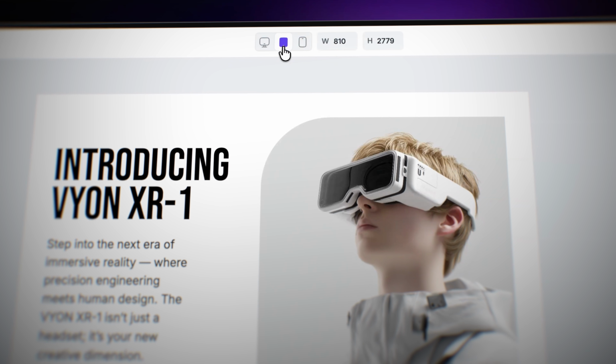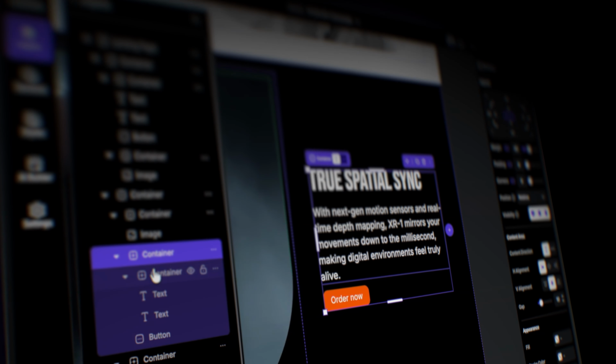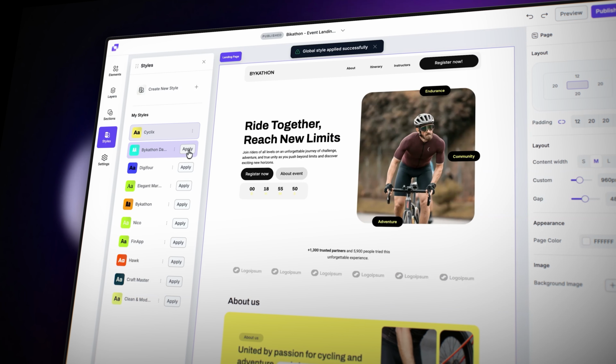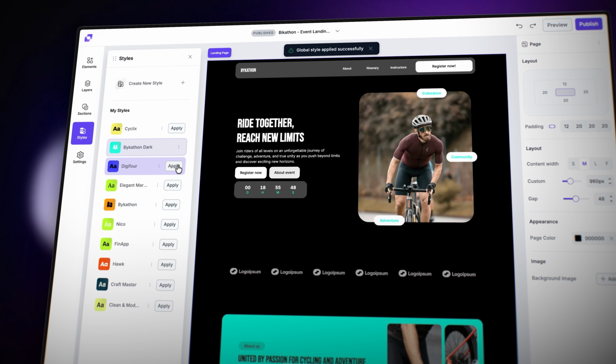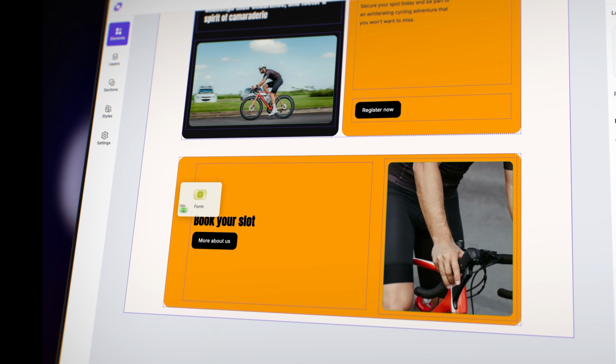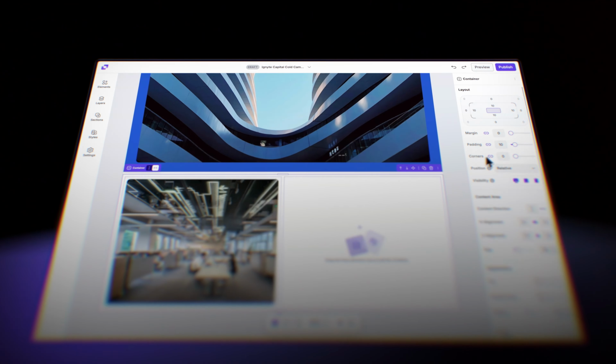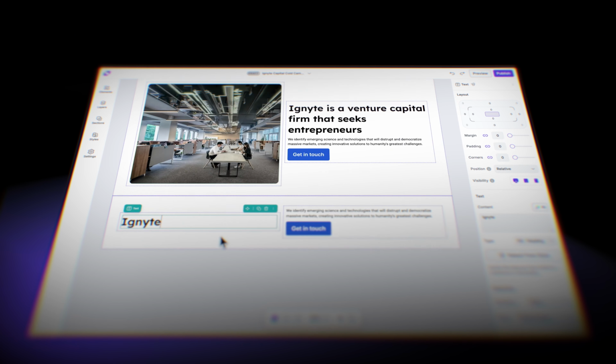Today, Page Studio gives you a more flexible layout system with pixel-level precision. It introduces global styles, so you can theme your pages instantly for your campaigns or brand kit, along with more capable forms to support richer data collection for your campaigns. Everything you see in Page Studio today is about going from an idea to a live page with more control